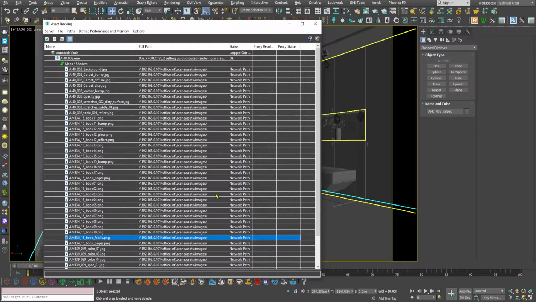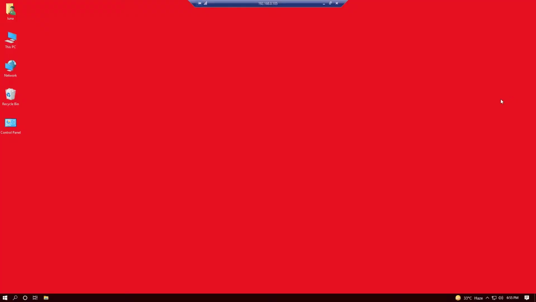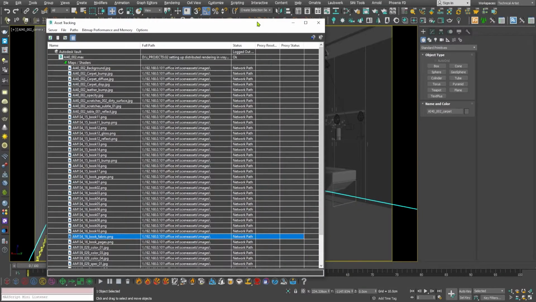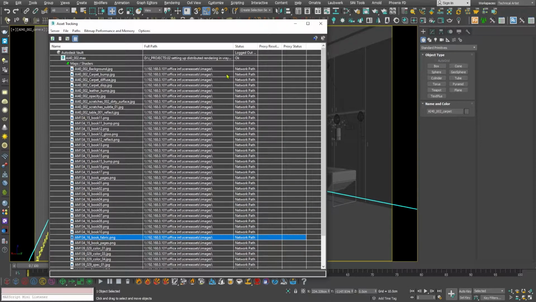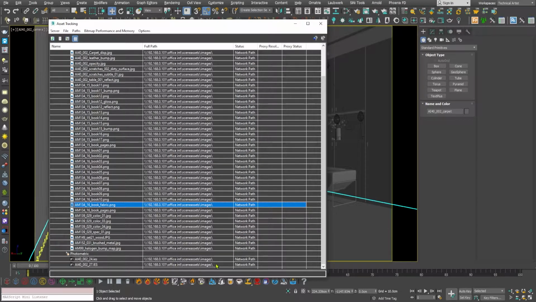So what we have done instead is create this network of computers, and they are connected to each other, so they can access the folder of the project, so that the assets or IES files or the reference files or proxy files can be easily accessed.